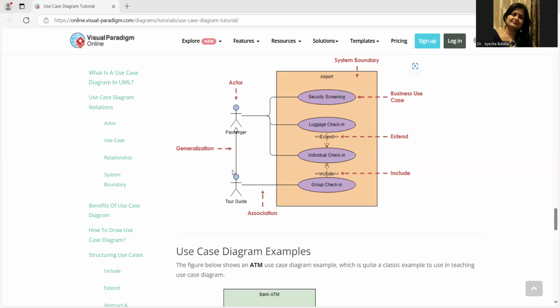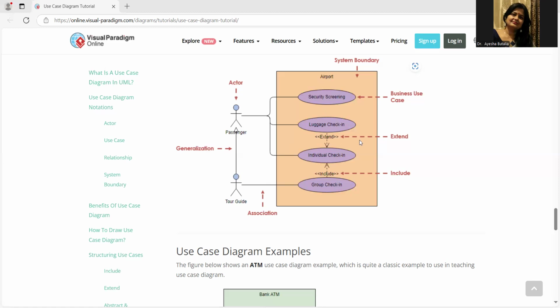This is what the symbol is showing, that this is a part of what was shown earlier. All these things will happen to this also and this also. He would have shown it like this, but why make it complicated? Generalization clearly shows that whatever security is for this is for this also. Now here there is a group check-in, because this will have an ID for which group the tour guide is responsible. This example shows that the security screening is a third party tool. They are not disclosing how they are going to do the screening. That's why it is mentioned here as a business